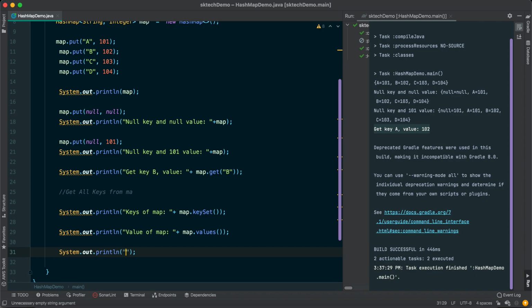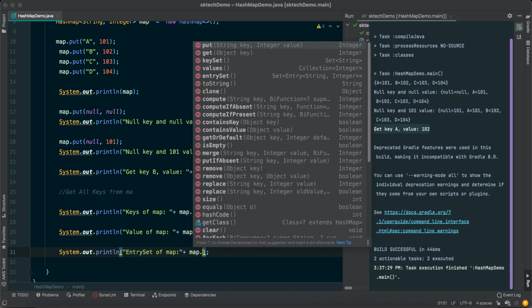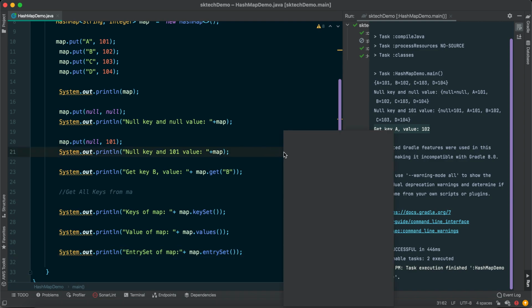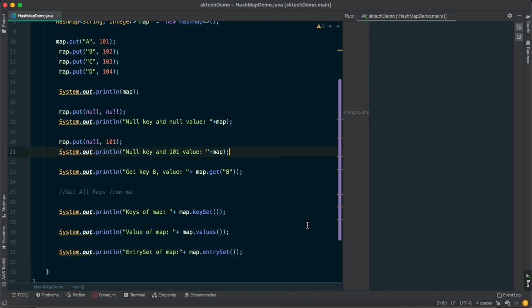So how can we do that? It's the entry set of the map. There is a method called entrySet. Yes, this is going to return a set of keys and values, meaning all the unique records. Basically it determines uniqueness based on the key only, and we know that a map can contain only unique keys, so that's why it is written as a set of entries. An entry contains a key and a value. So let's try to use this method, and let's run this program and see the output first.